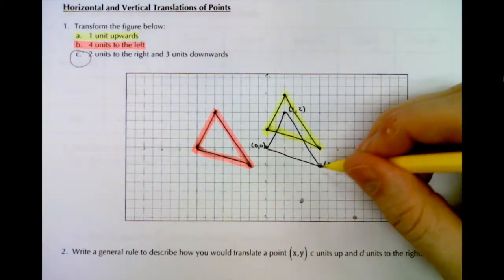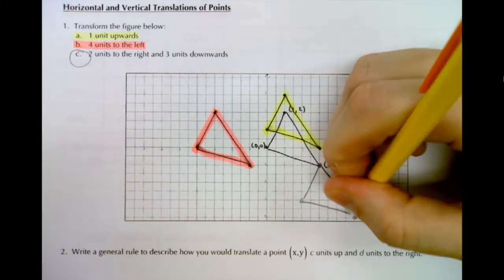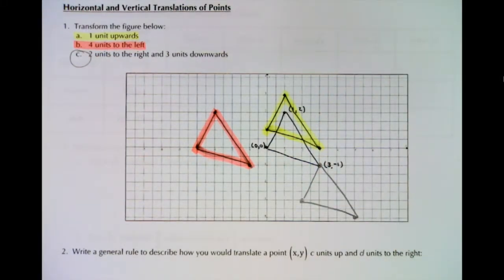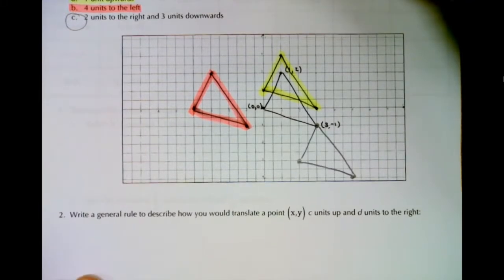And if I connect the dots, again, same shape, different position. So what's happening here? Let's write our general rule. I kind of already showed you the general rule at the top, but here's what's happening. Basically,